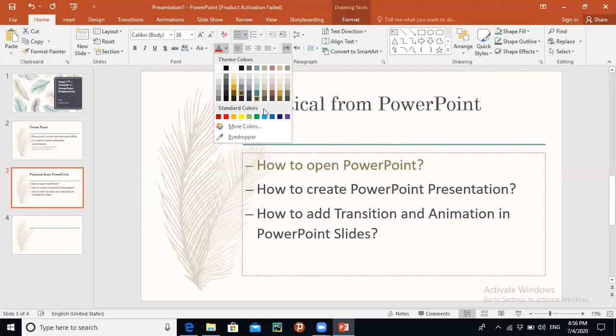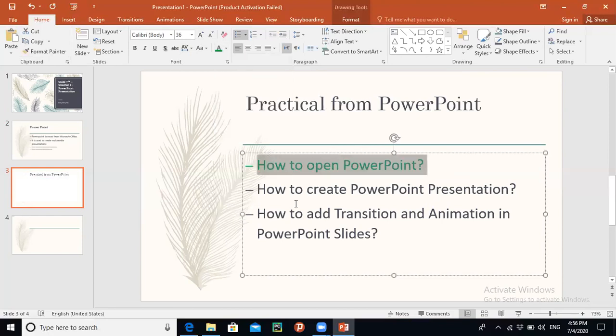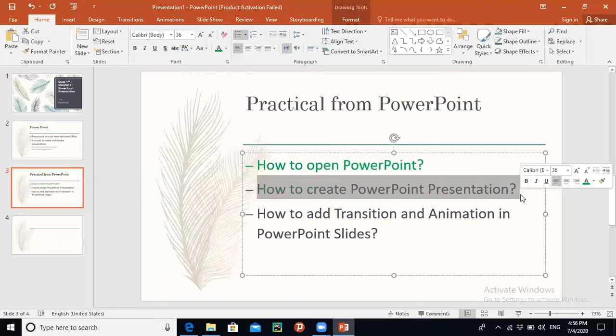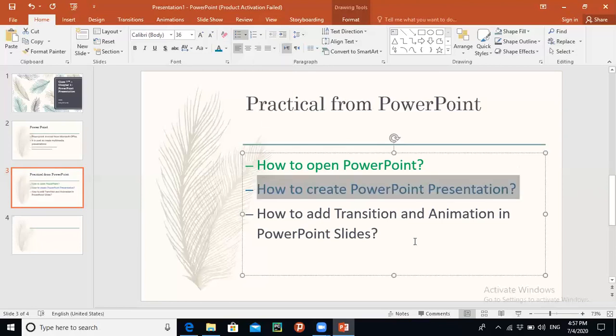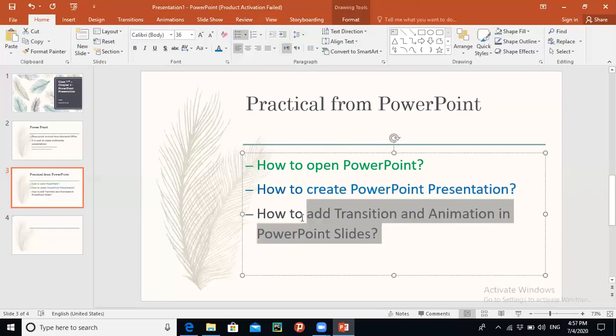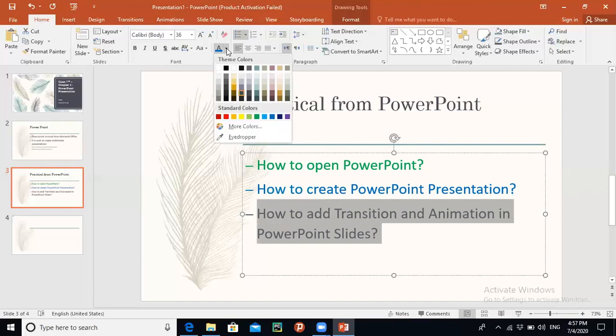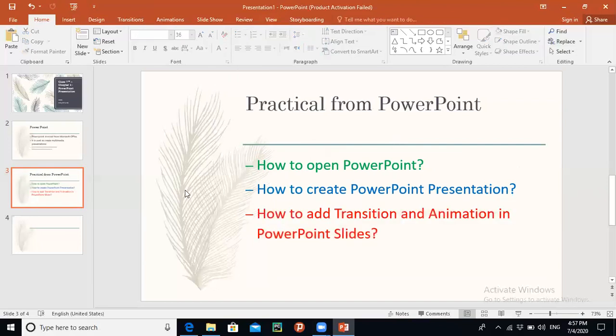Okay, let's select it in some green color. Now the second, I am going to select in blue color, and the third one, let me select it in red color.